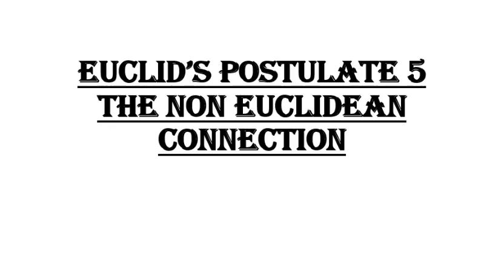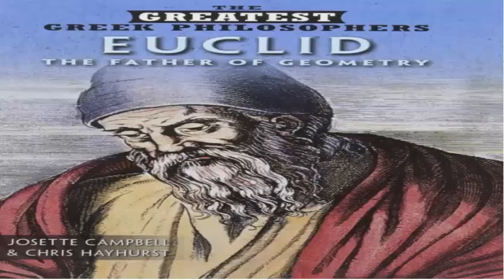Euclid's Postulate 5 has been one controversial candidate in the history of mathematics. Some of the great minds feel that even Euclid, the father of geometry, was not fully satisfied with the idea. To understand clearly, let's dive deep and recall them all in a single breath or more than a breath. Let's go.